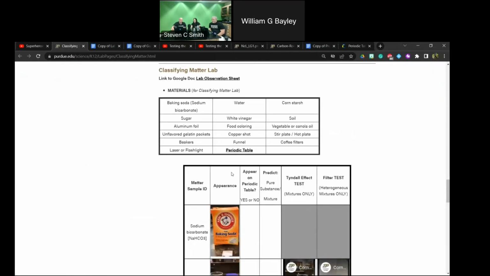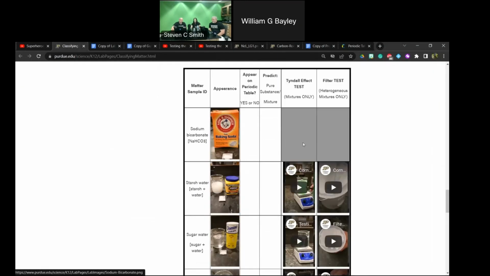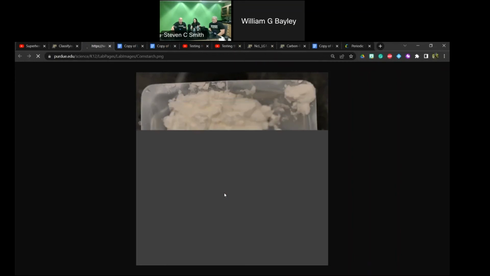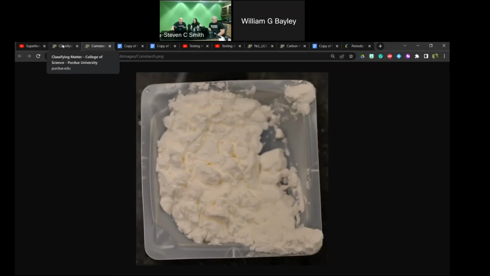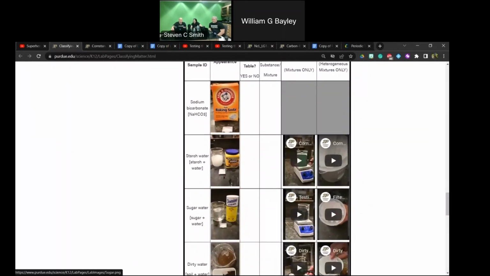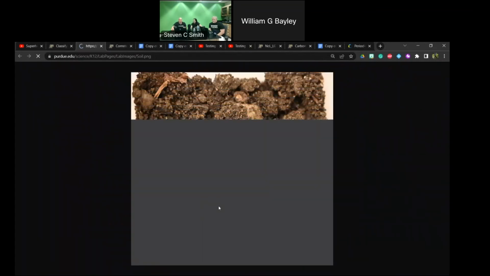If we go back to the table, this is set up very similar to their lab observation sheet. It should be exactly in the same order. This is where Stephen was saying that he linked up the pictures. I like the cornstarch picture because it's the next best thing to being in person with this. You can see that texture. Fluffy cornstarch, you can actually see the detail there. It's a really good picture. For each of those, they can click on them as best they can and see the dirty water. I just did the soil. I didn't know which to do.